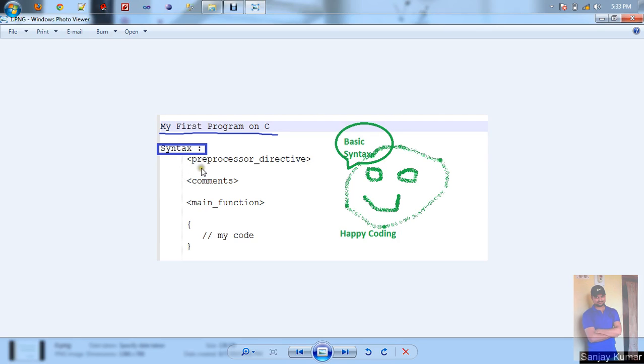As we have discussed, the elements of any C code are the preprocessing directive, comments if you want to specify, and the main function. What is the main function? The main function is the main entry point of the compiler. The compiler starts executing from this parenthesis. This is a well-defined structure that we have to follow in each and every C code to run our program.